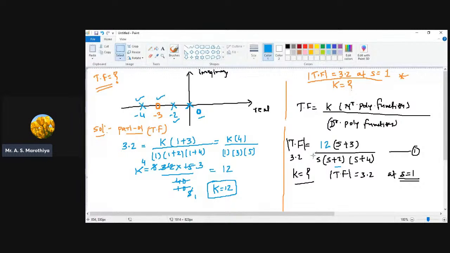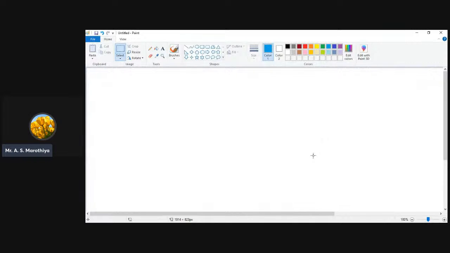Now let me give you one example in the homework, and your objective is again to find the value of the transfer function. And the numerical is something like this. Here we have the representation of a system in the form of a circuit diagram like this. So here we have a resistor of value capital R, and then here we have connected a capacitor of value C,